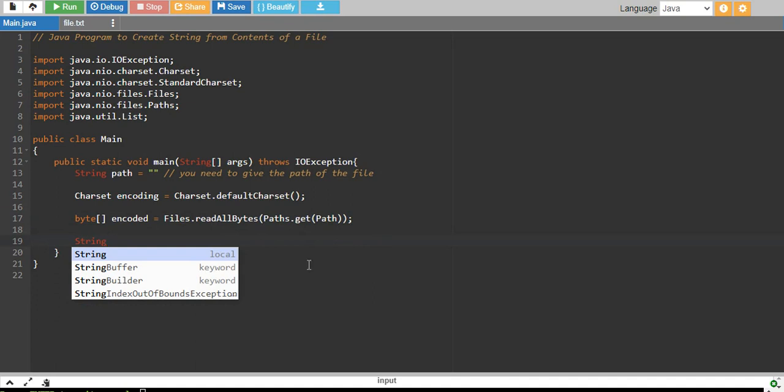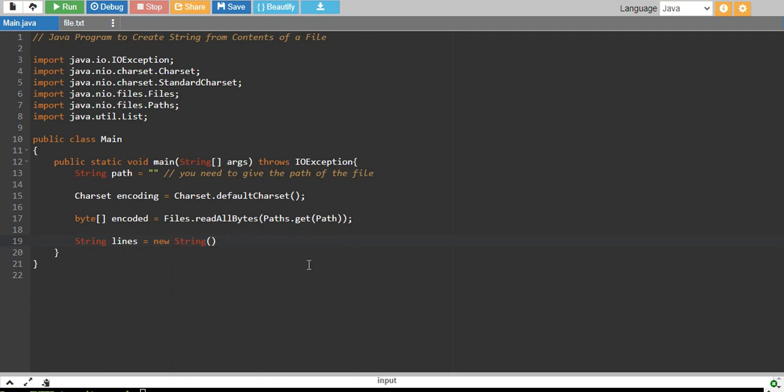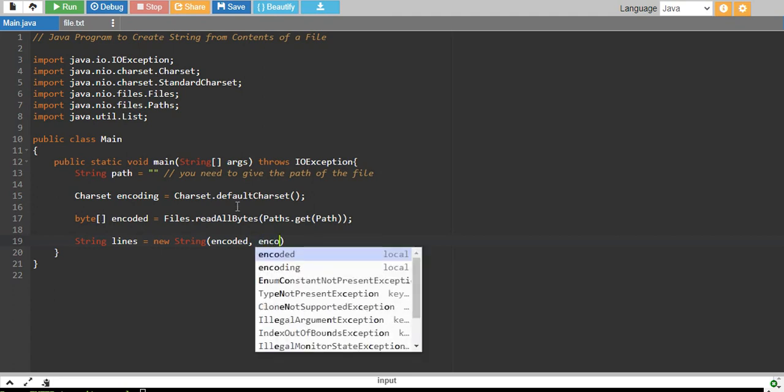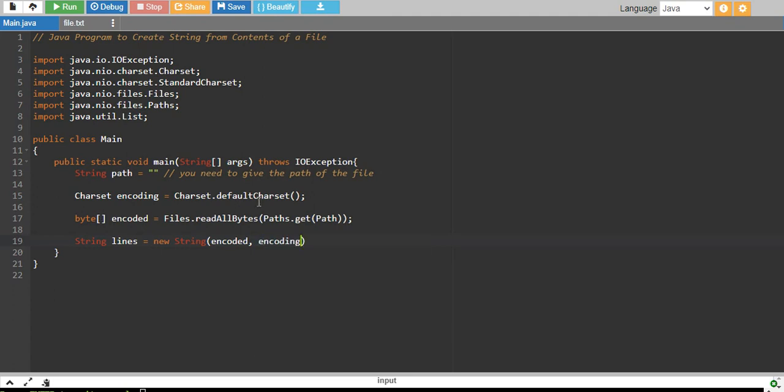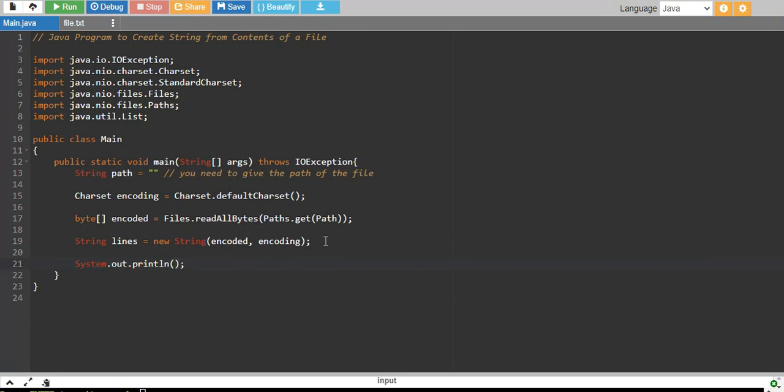Let's say lines equals new String, and in the string I'll pass my encoded bytes. If we pass the array of bytes into a string, this will convert those bytes into a string. So we pass our encoded array of bytes, and we pass our encoding, which is the default charset encoding. Finally we can print our lines.